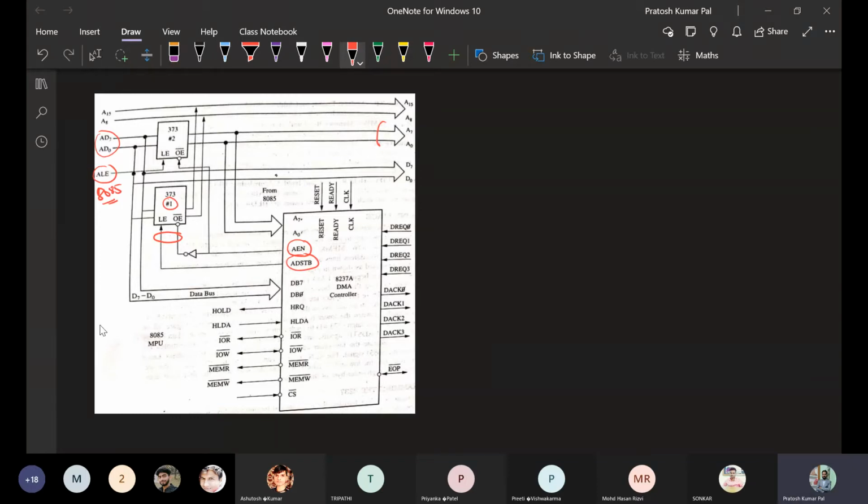Different signals we have already seen. And at the end, once the data transfer of the DMA controller has been completed, it gives the end of operation signal. Once the end of operation signal is activated, that means the data transmission through the address lines has been completed.